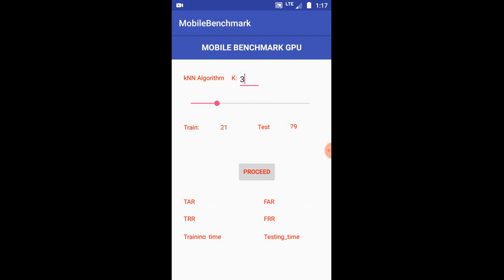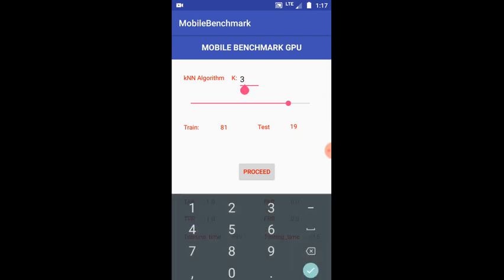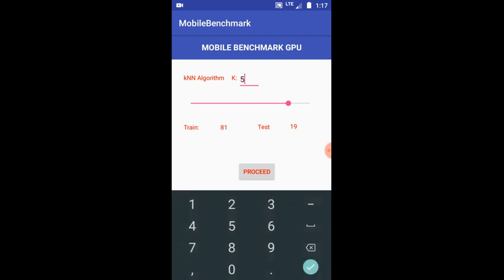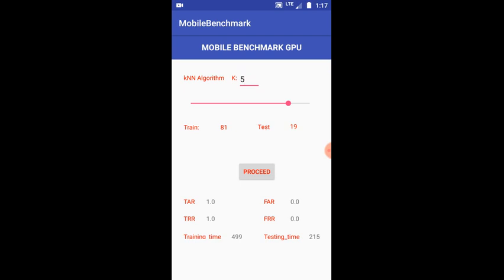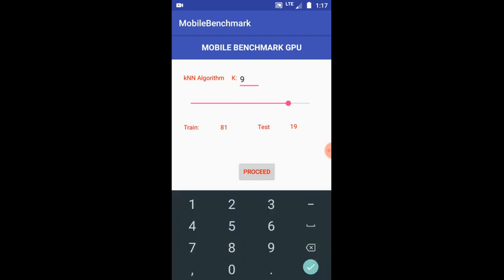So depending on the training and testing ratio, I can also change the K value, and here it is for 5, for 9,